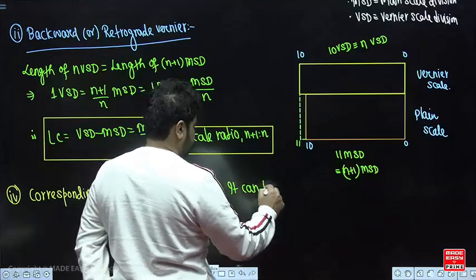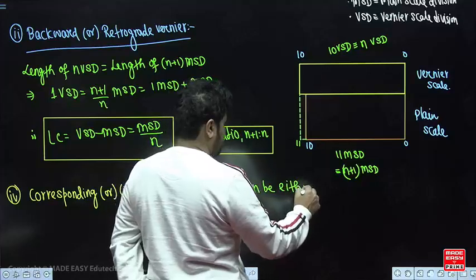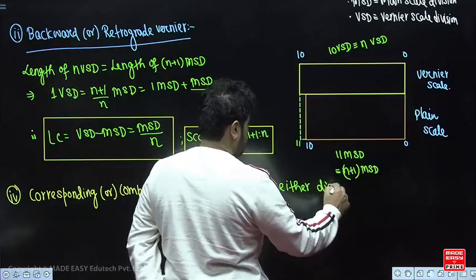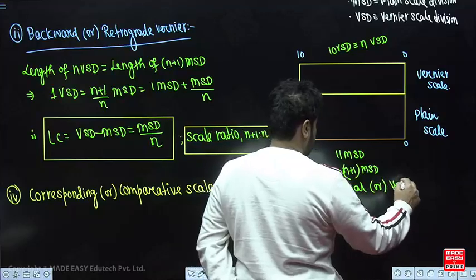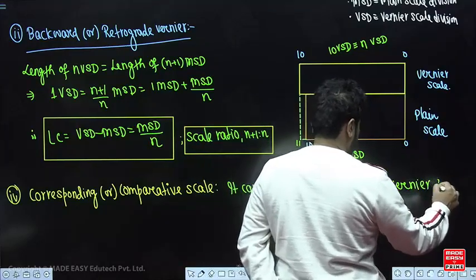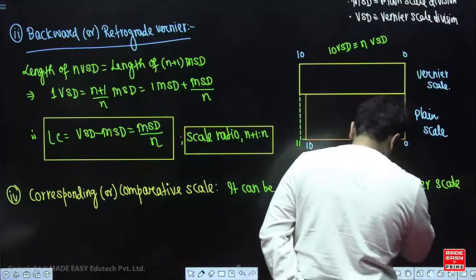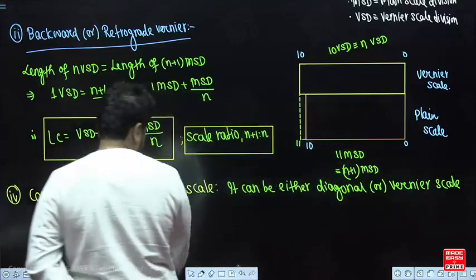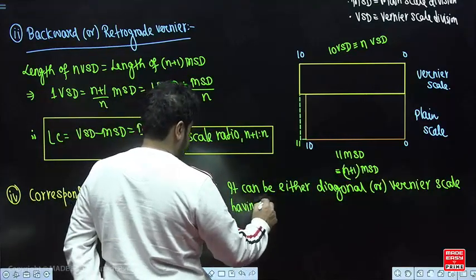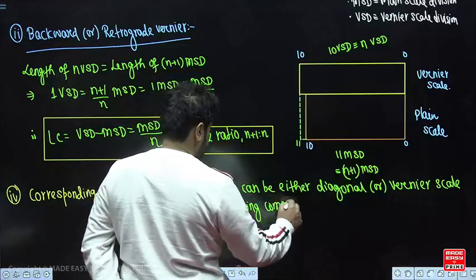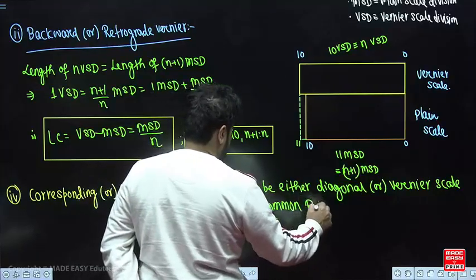It can be either a diagonal or vernier scale, either diagonal or vernier scale having common RF,